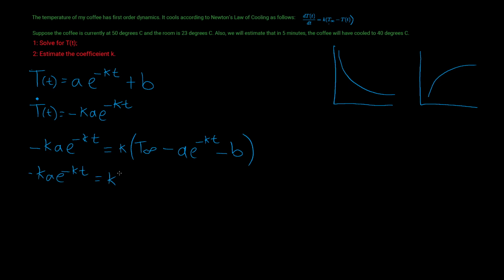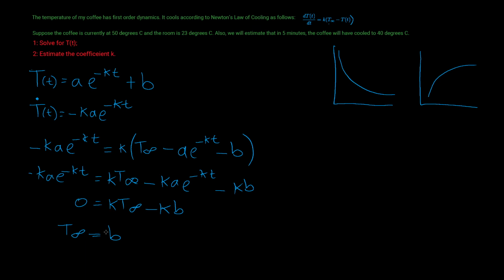T equals K to infinity minus Ka e to the minus kt minus KB, and we can now clearly see that these two terms cancel. So what we're left with is KB here. We can see the K's can also be cancelled. And so we see that our